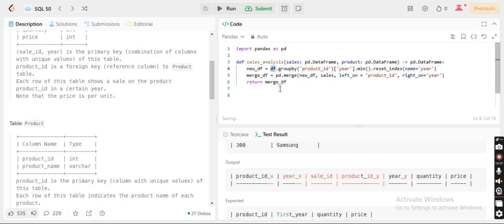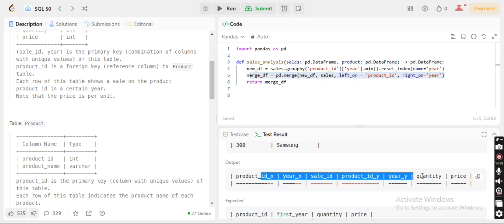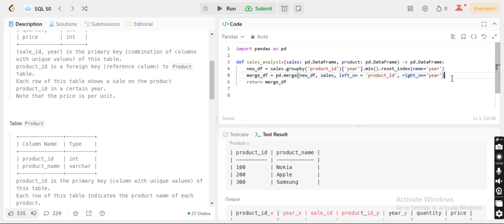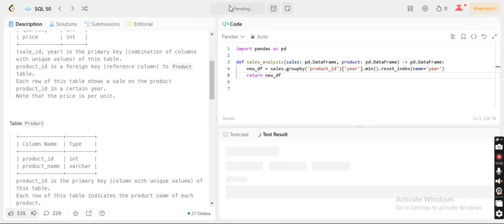So this will be sales only, because there was no use of doing that. Now let's remove this also, because can I use this function and get something? I don't think so. So let's just remove this merge as well, and let's just run the normal DF, which is the new df which we have created.